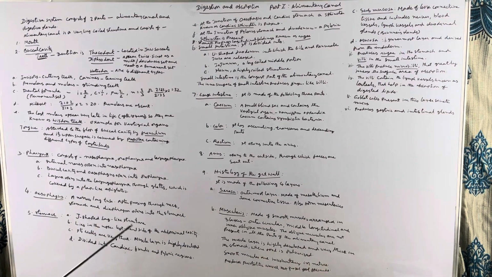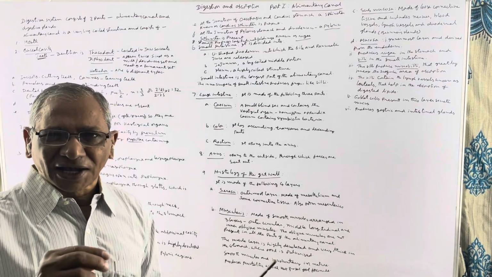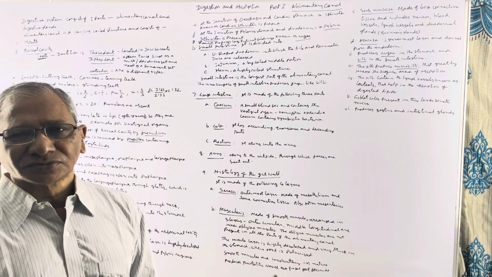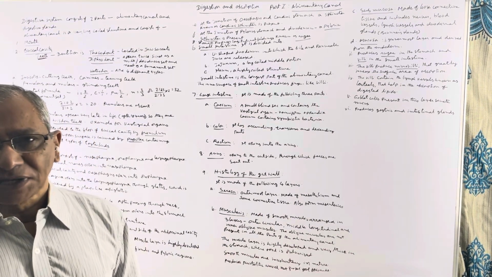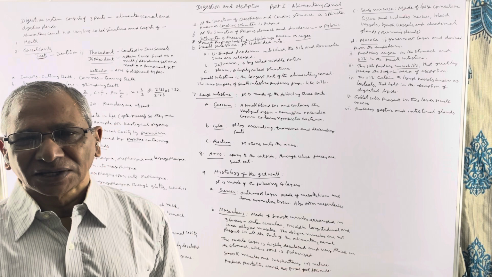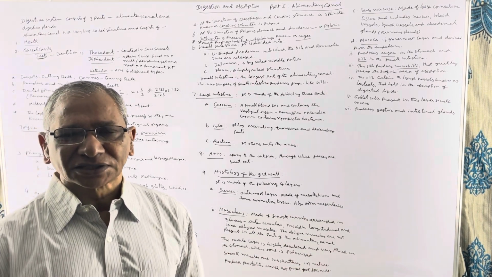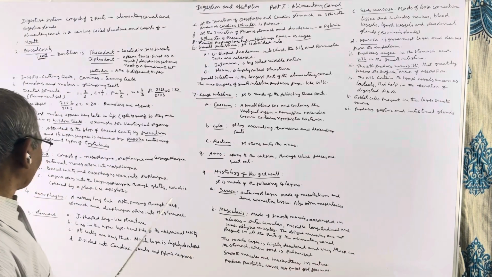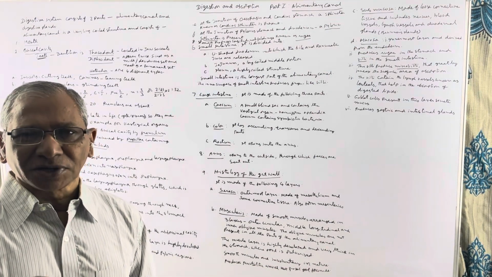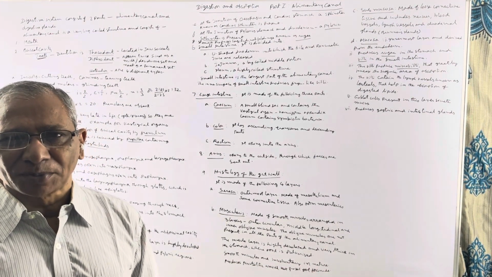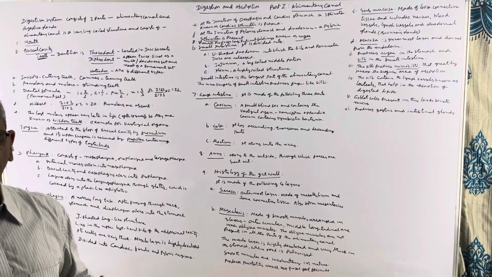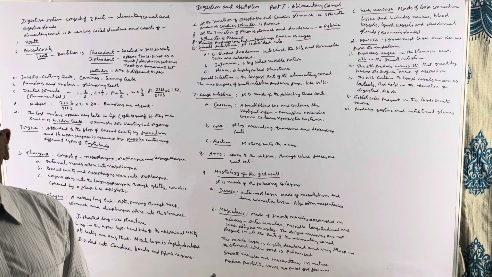Then, esophagus. Esophagus is a long, narrow tube. It travels through the neck, thoracic cavity, pierces through the diaphragm, and enters the abdominal cavity. In the abdominal cavity, it opens into the stomach. Stomach is the largest part of the digestive system. It is a J-shaped bag-like structure, and it is present just below the diaphragm on the left side of the abdomen. It has again 3 parts: